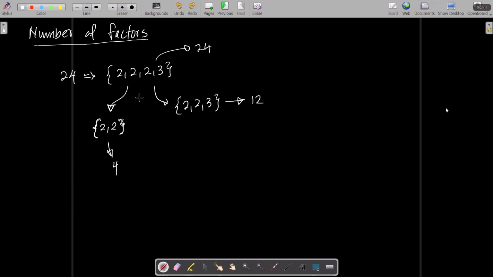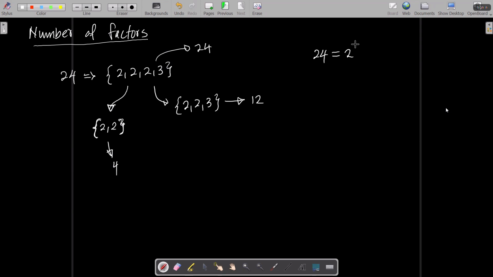So what I need to emphasize here is, if we need to find all the factors of 24, we should find all the distinct subsets of this set and multiply the elements. Then it will give us the factors of 24. So now what we need to do is find the number of factors. To do that, I will